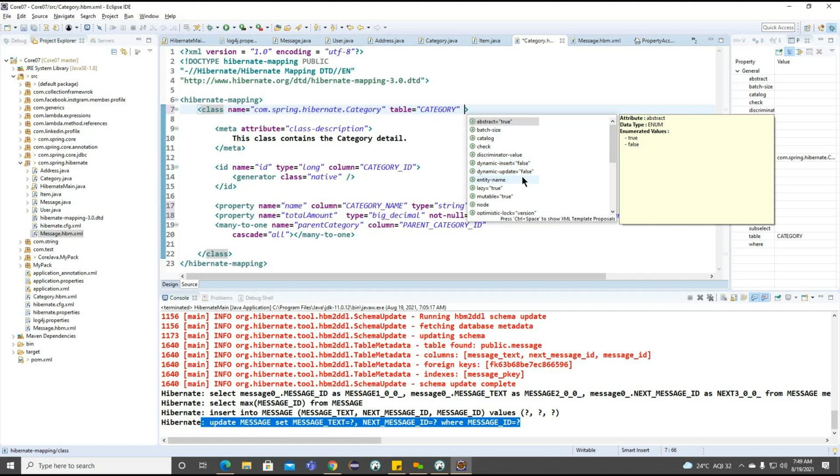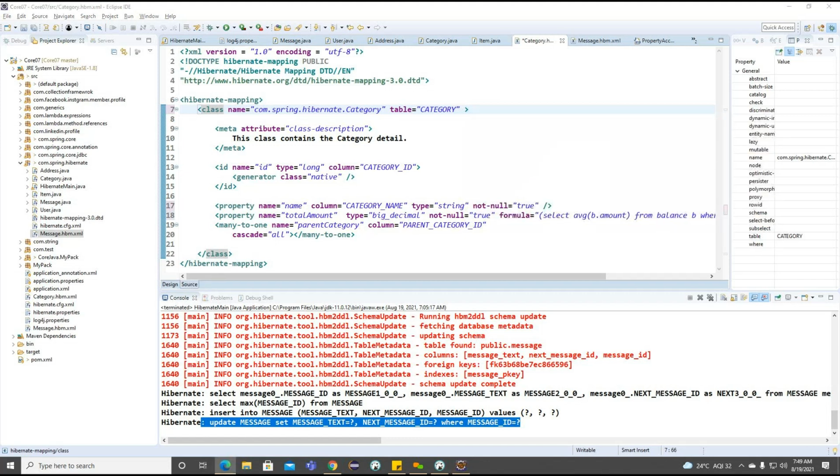Getting the point? Basically, without the condition, we are not going to insert the data, or we are not going to update it. Because of this, they made it false here. Whenever we are making it false, the data is not going to be updated into the particular table called category. But now, using this particular dynamic insert attribute here, Hibernate is going to include the unmodified properties values. Getting the point?